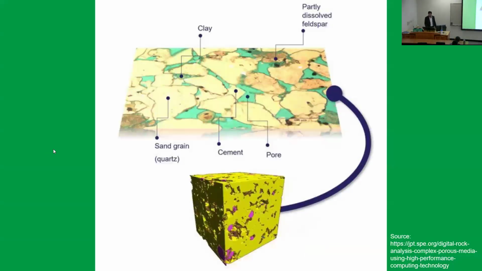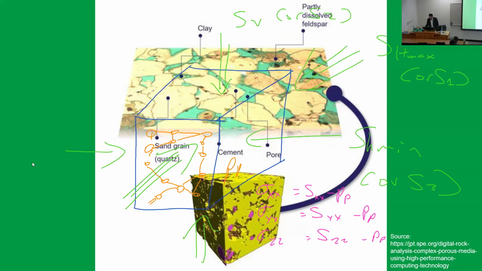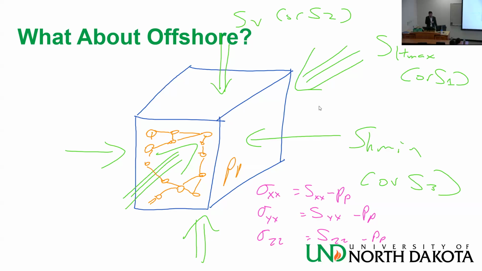In a nutshell, here we have basically what I was trying to draw. And you see the whole network is very complicated. Sizes vary, the size distribution varies, but remember that pore pressure acts in every direction. That's why mathematically, if I go back, how do I use that? How do I do that